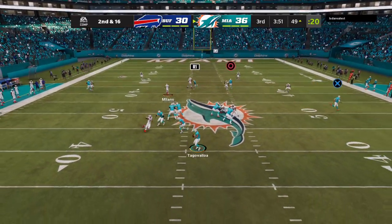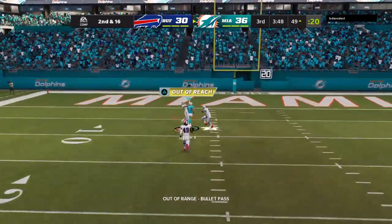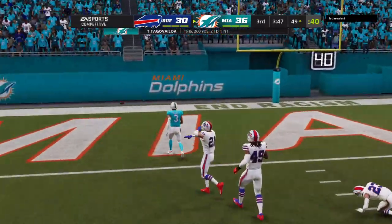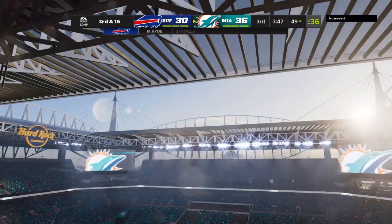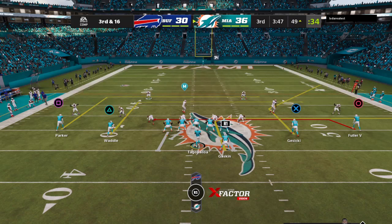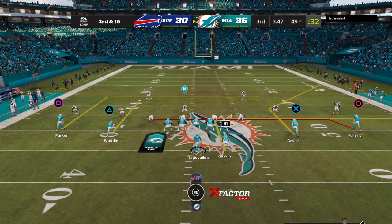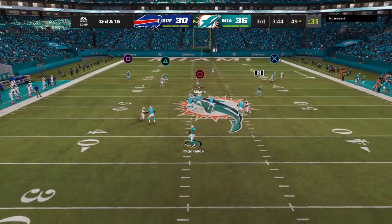Here's Tagovailoa to throw. He's letting this one go for Fuller. And that's going to be incomplete. Good effort there trying to take a shot, but it's third down. Not his best throw there, but where we sit right now in the third quarter, he's had a pretty good game throwing the football. He certainly has, and it's not exactly at the point where we're doing 4-minute offense yet,